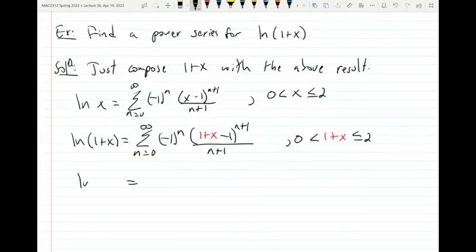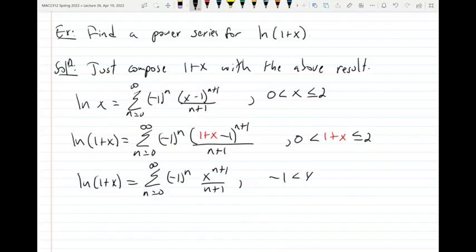Okay, so we get that ln of 1 plus x equals the sum from 0 to infinity of (-1)^n times x^(n+1) over n plus 1. So this time this is centered at 0. The center is 0, but this convergence is obtained as long as x, if you solve this now, minus 1, so that will be x between negative 1 and 1, including the 1. And this is more useful to work with